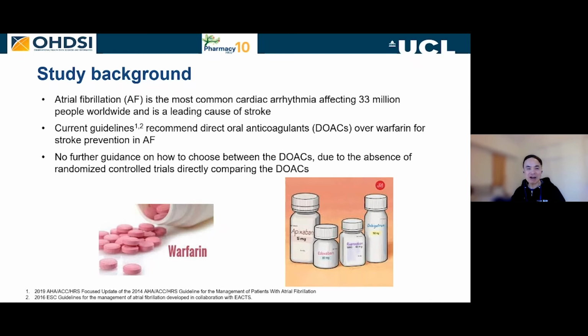But we actually have very little to go on to compare between the DOACs. Almost all the clinical trials published so far compare a DOAC with warfarin. Clearly, a company that markets a drug is interested in saying, hey, my new drug is better than the old drug. But in real life, the clinician facing the patient is not talking about just the old drug and the new drug, but about which of the new drugs to choose. What is the evidence? How are we going to choose which one is better? Whether we like it or not, that has a lot to do with the marketing side of it, rather than actual evidence guiding the practice.